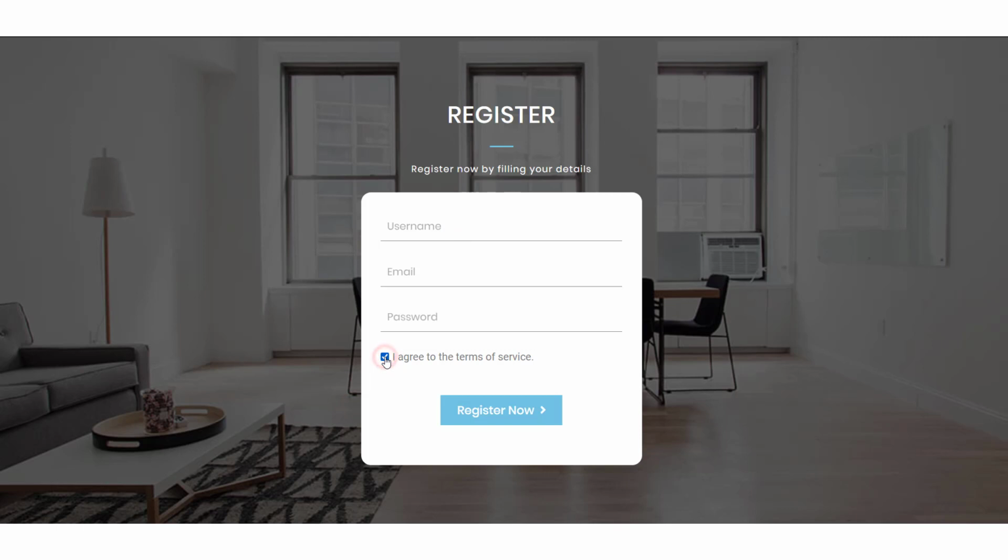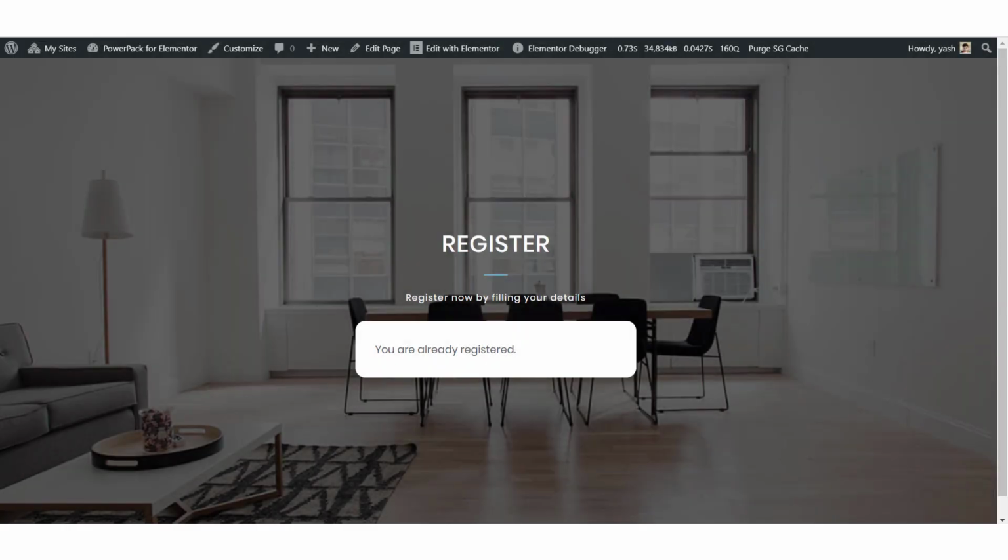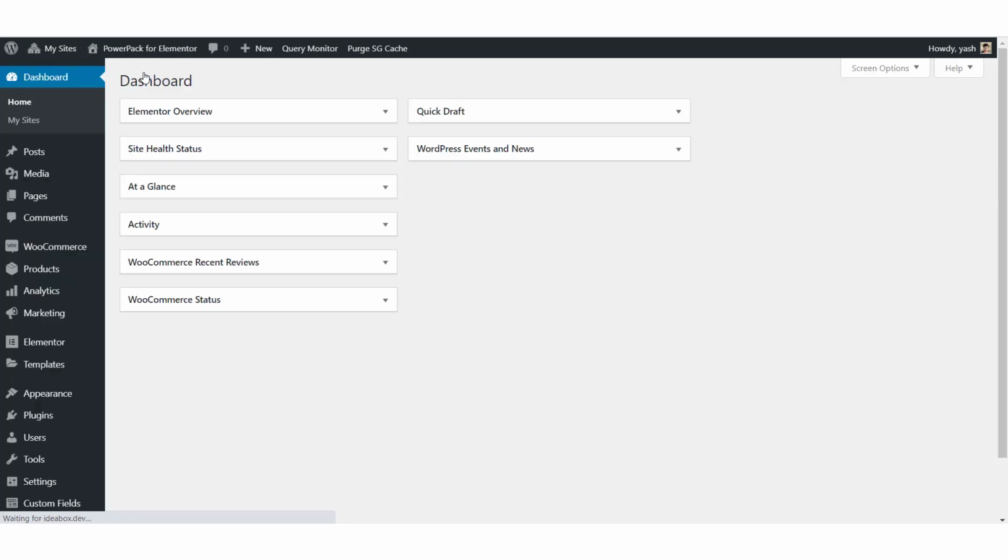Now our form is ready, but there's one more step to this process. We need to assign this form to our WordPress default login page. So for that, go to your WordPress admin dashboard. Go to Elementor and then PowerPack.